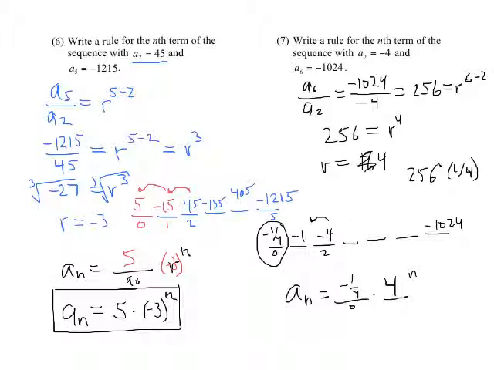And again, probably could take this formula and rewrite it in a lot of different variations. The key to whether this is acceptable or not is, when we plug in a 2, does it give us a negative 4? And when we plug in a 5, does it give us a negative 1,024? And so if you type negative 1/4 times 4 raised to the 5th power,